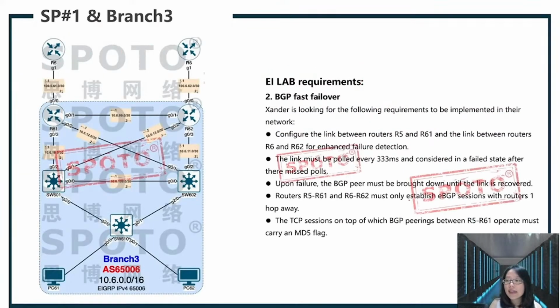Okay, so let's see the second part about the BGP fast failover. So let's take a look at the lab requirement in this part. So BGP fast failover, branch 3. Okay, so configure the link between router 5 and router 61, and the link between router 6 and router 62 for enhanced failure detection. The link must be polled every